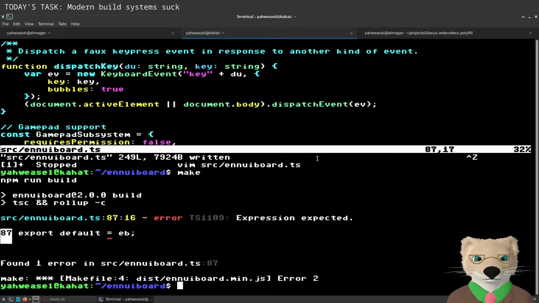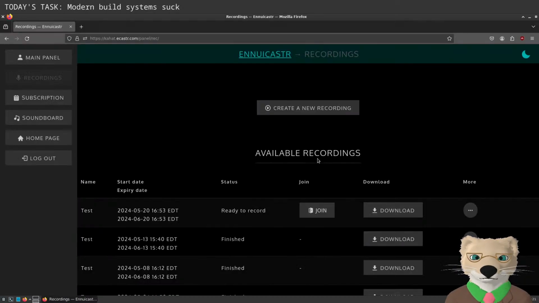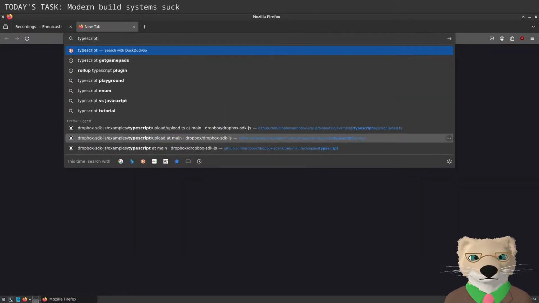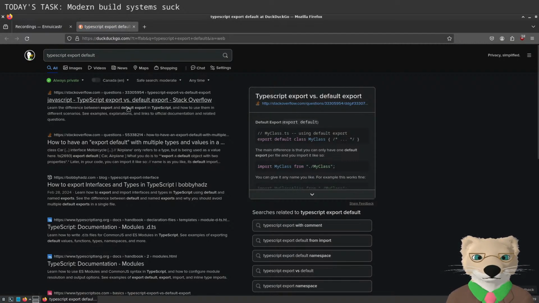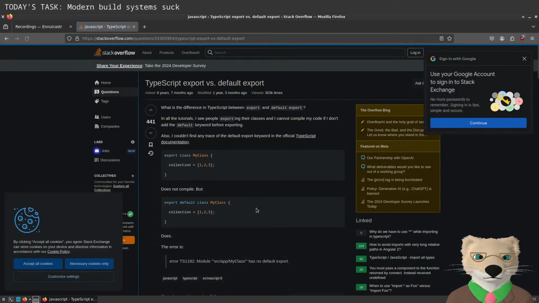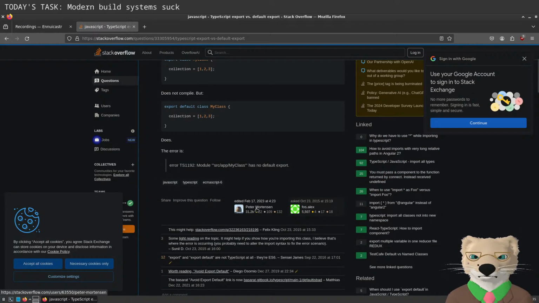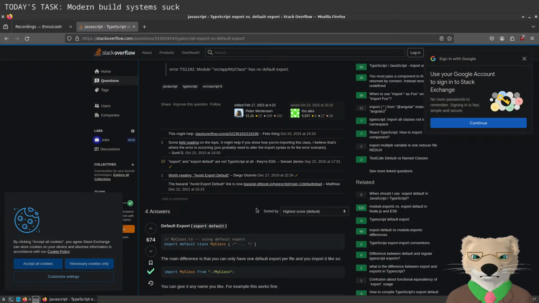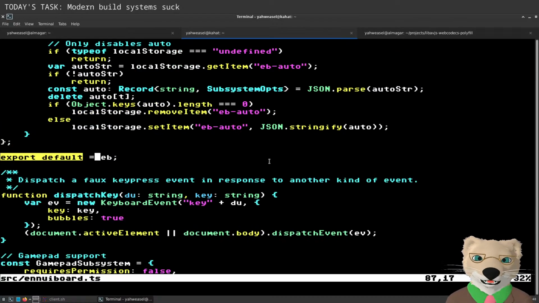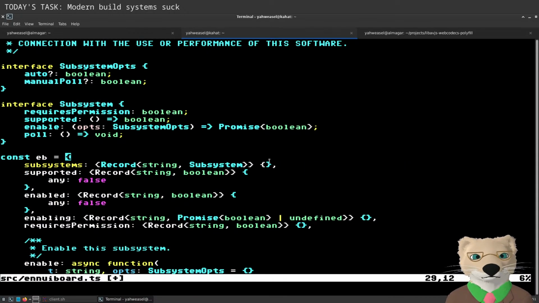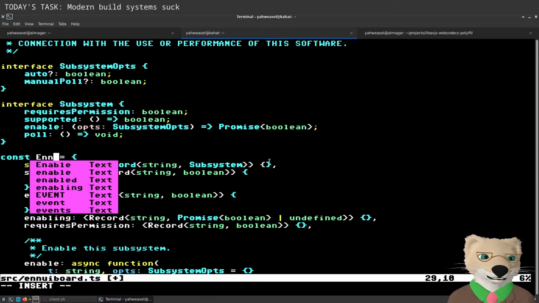No. Okay, screw this. I don't like export default, so I don't know why I'm being so persnickety about it.